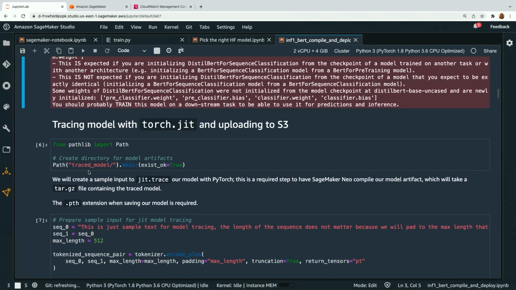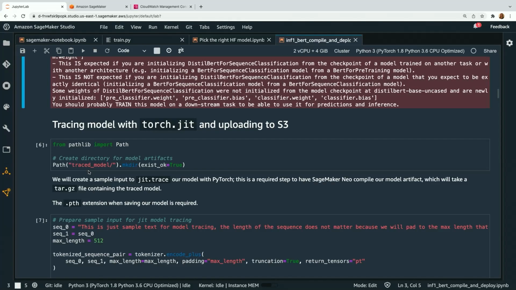When you are loading a model onto Inferentia, you need to compile it, actually. And you have two options for compiling it to Inferentia. Option A is Neo, which we're going to look at, which is that sort of managed compilation job that's actually going to show up in the SageMaker console. Option B is using the Neuron SDK.